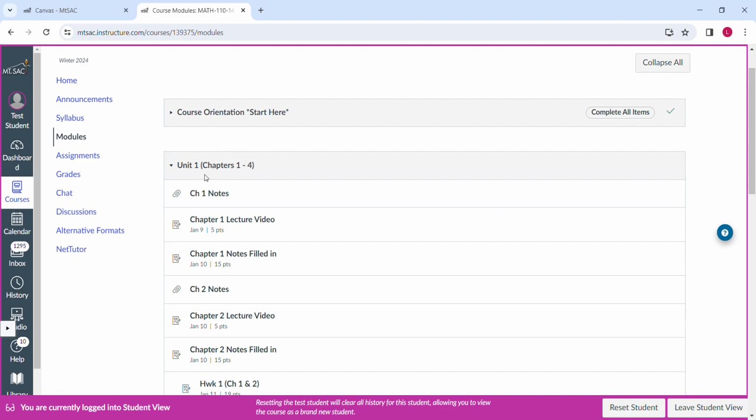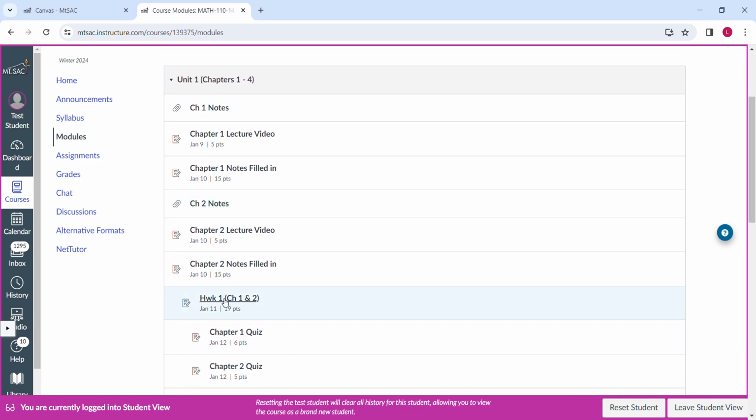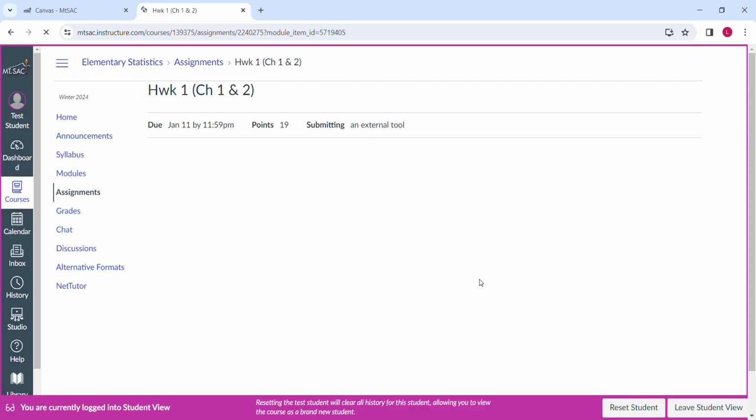In Unit 1, you'll notice the notes are listed here, as well as the lecture videos. So for Chapter 1, you can see those. And then we also have the homework, a link here. For the homework assignments, these are using MyOpenMath, and MyOpenMath is going to